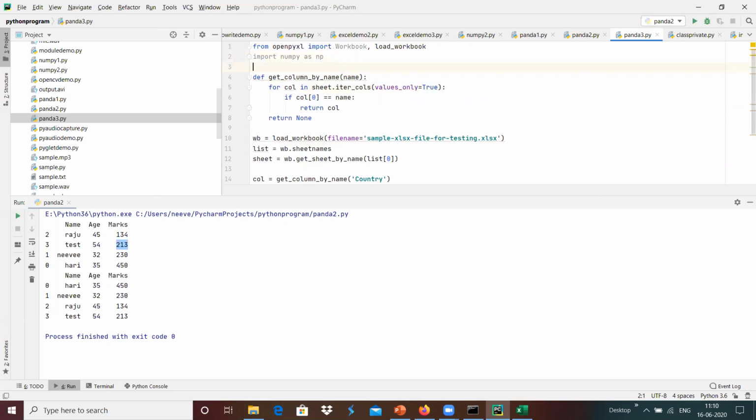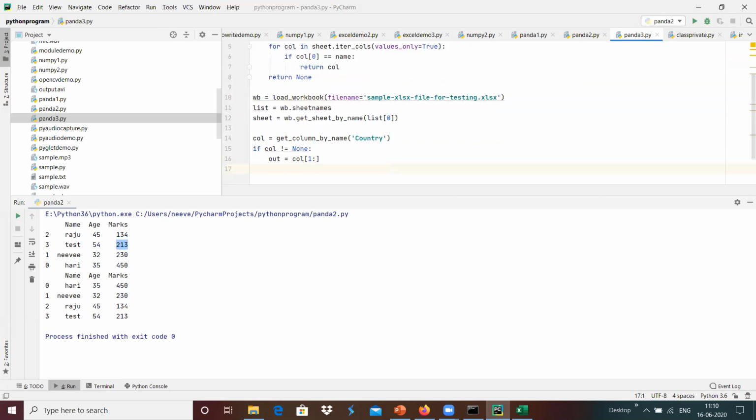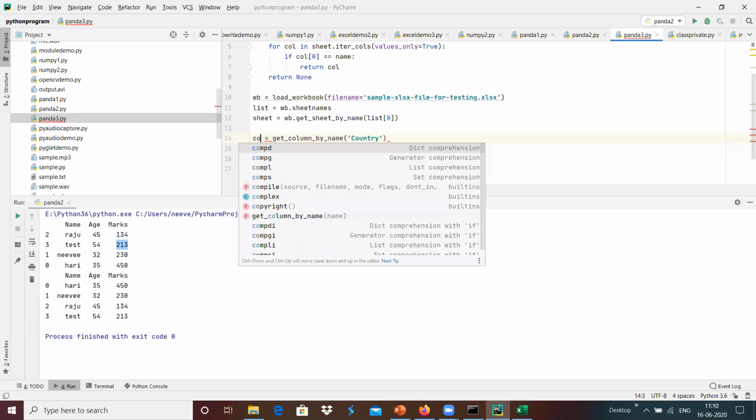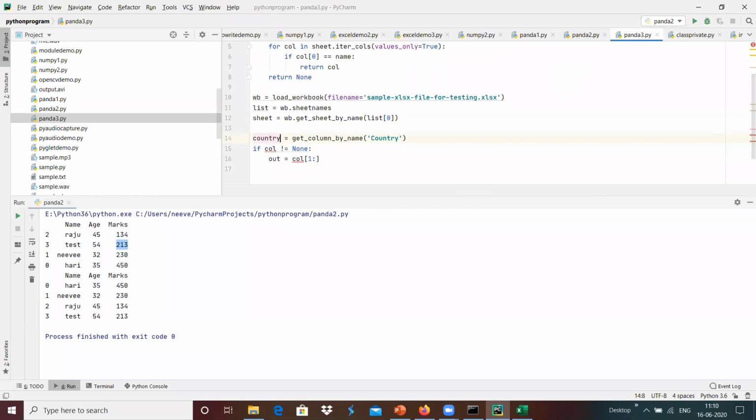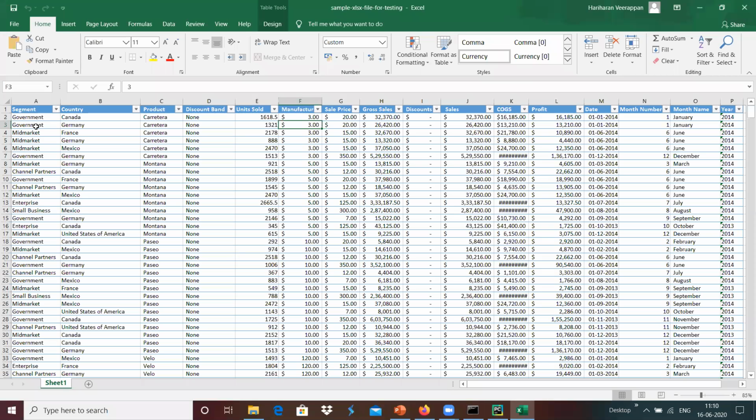Now we have to create a data frame with this information. I'm going to get two things: a column name, which I define as country over here, and in a similar way another one in the format of segment.